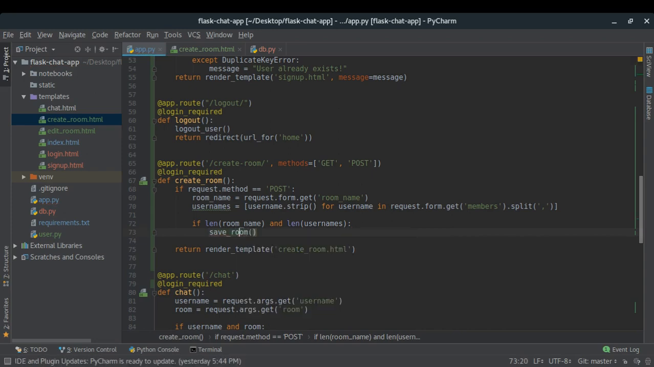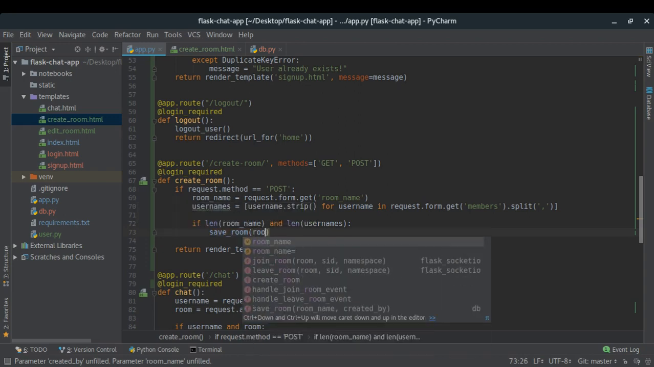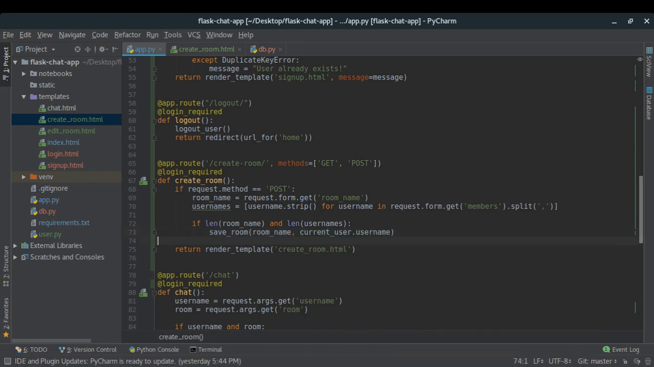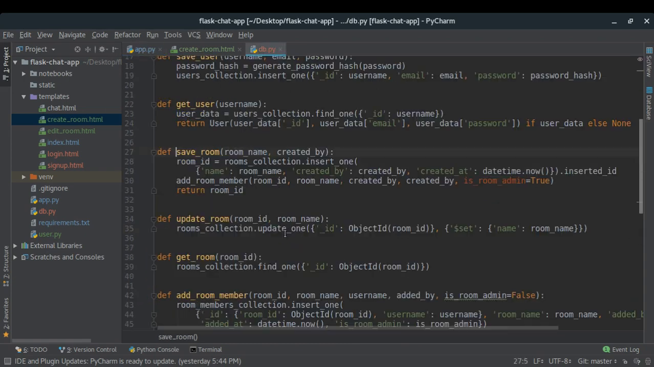So import save room, and save room takes the room name and the created by. The room name is going to be room name, and created by is going to be current user dot username. In this way we are going to save a particular room. Now once the room is saved, we will actually get the room ID, right? So save room is returning the room ID, and it is also adding the room member,